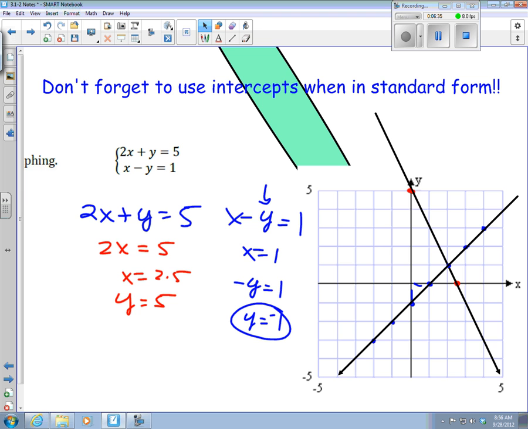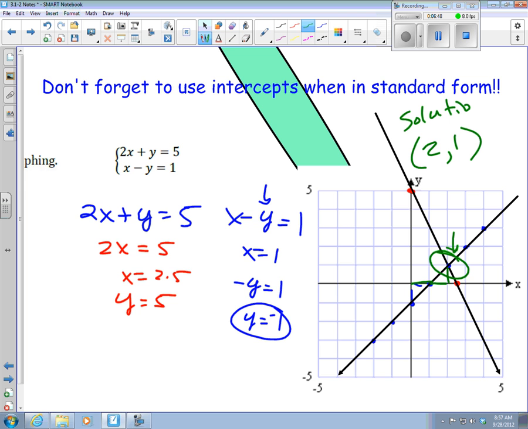There we go. Where do they intersect? Right there. The coordinates of that point are 2, 1. 2, 1 is the point of intersection, so that's my solution. The solution is the point where the two lines intersect. Okay,